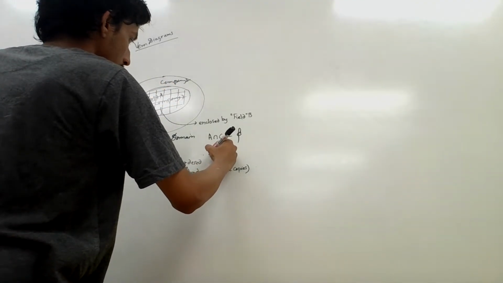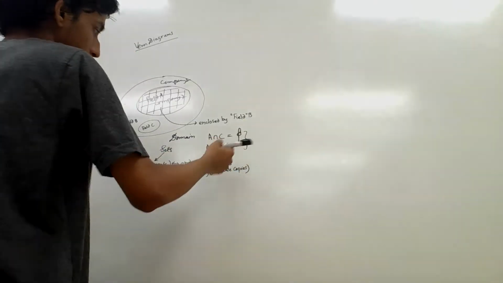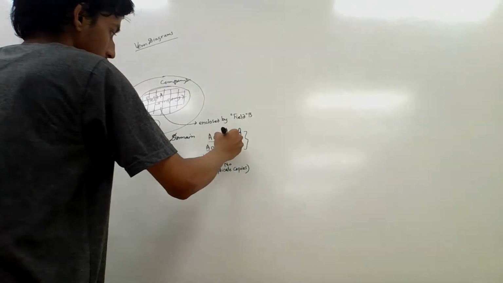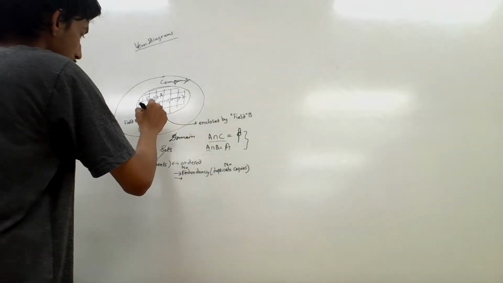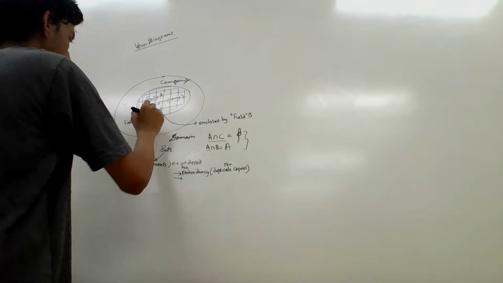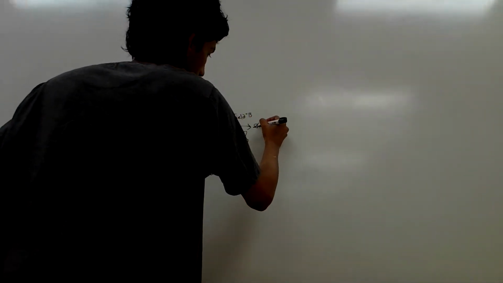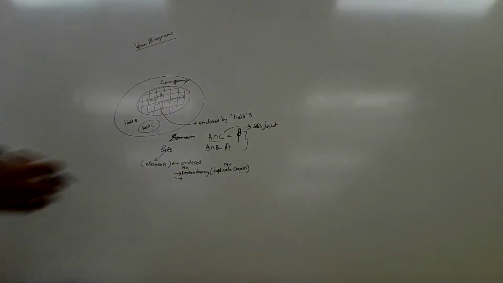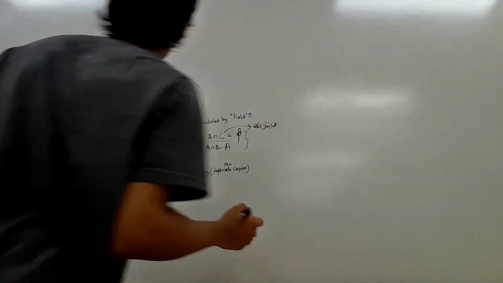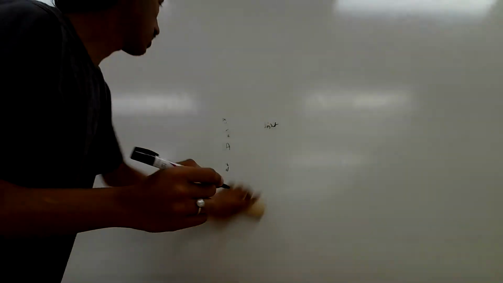So if these two things are done, this is pretty easy to understand. Because the intersection of A and C is empty, there is no common point between A and C, so they are completely disjoint, and you call them disjoint sets. Right, since we are done with this brief introduction to Venn diagrams,